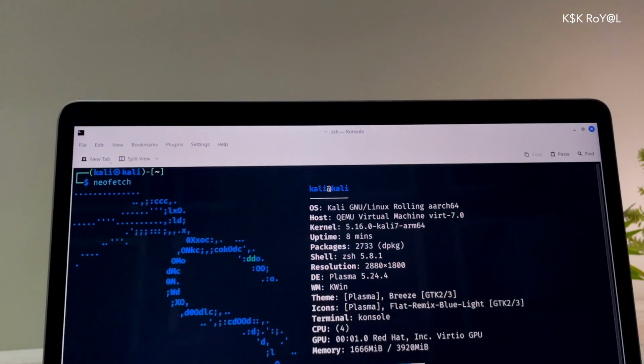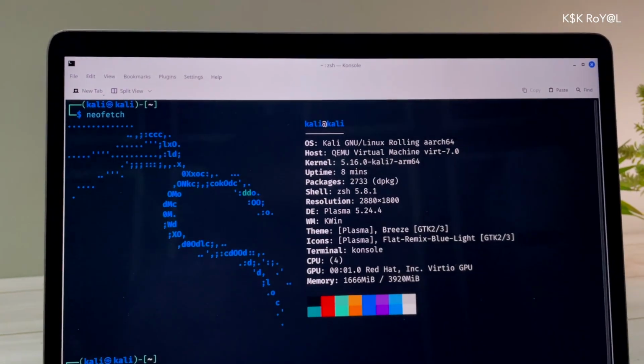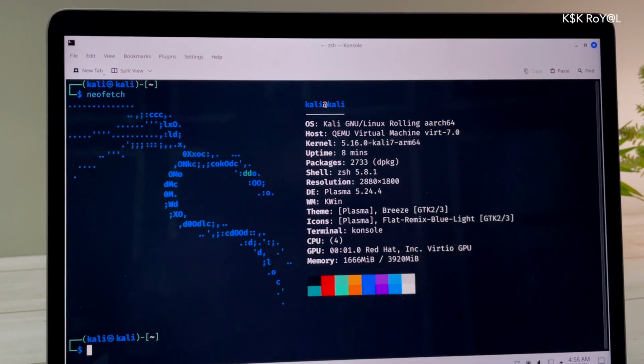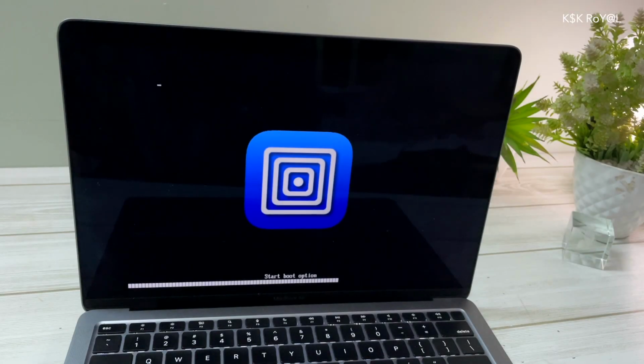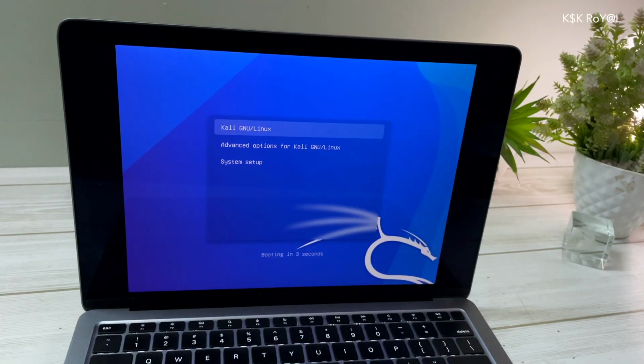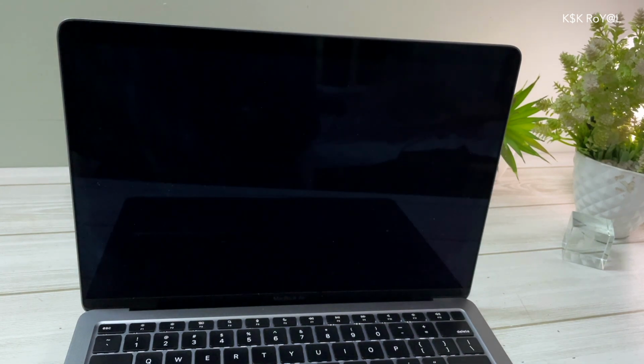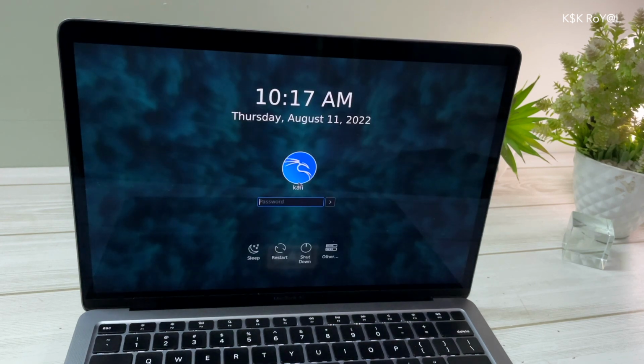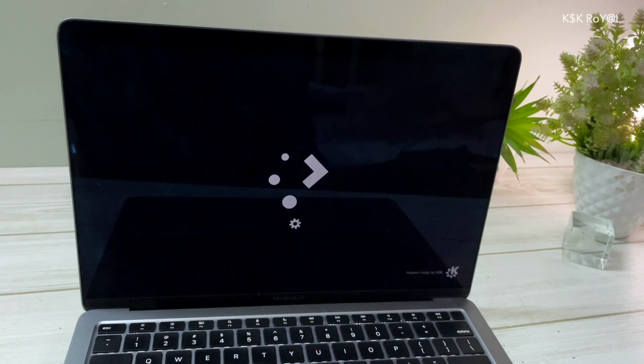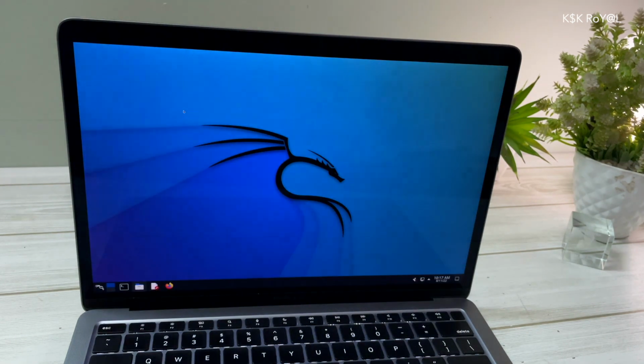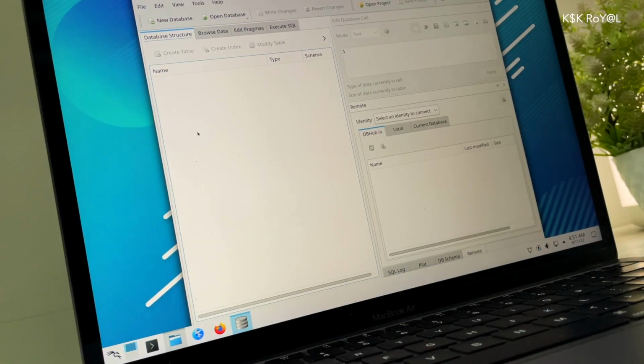In this video, I'm going to show you how to install Kali Linux on M1 Mac using UTM. It's a powerful QEMU-based hypervisor and emulator which allows you to run Kali with OpenGL hardware acceleration inside a virtual machine on M1 Mac with Apple Silicon. This way, you don't have to dual boot a Mac to install Kali Linux. Instead, you can run the operating system inside macOS in a completely isolated environment. So without further ado, let's get into installing Kali Linux on M1 Mac.